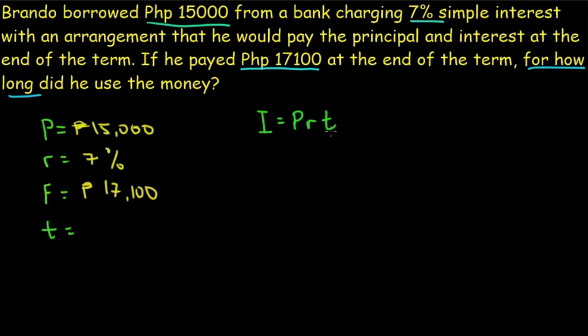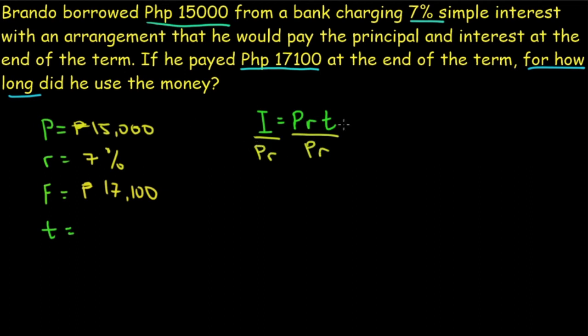When we say manipulate, dapat i-isolate natin siya sa side ng equation. Kagaya ni I dito na wala siyang kasama, if we're looking for t, dapat si t naman ang walang kasama. Ibig sabihin, t equals. So paano natin yun gagawin? We can go ahead and plug in, tapos tsaka na lang tayo mag-simplify, or pwede na nating i-manipulate yung formula, tsaka tayo mag-plug in at mag-solve. This example's case, gagawin ko muna i-manipulate yung formula natin. So to solve for t here, kailangan kong i-divide both sides of the equation by the principal amount and the rate, or yung PR,